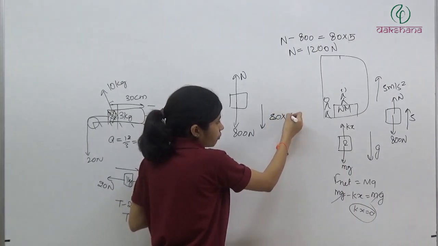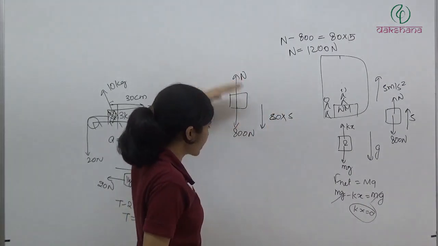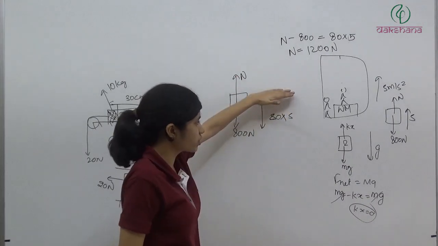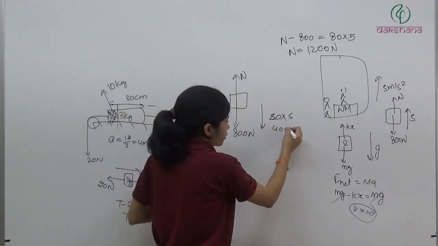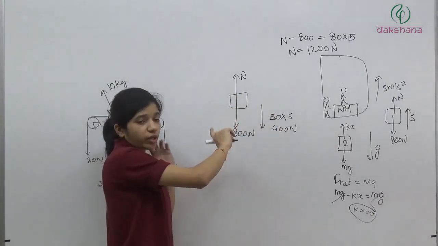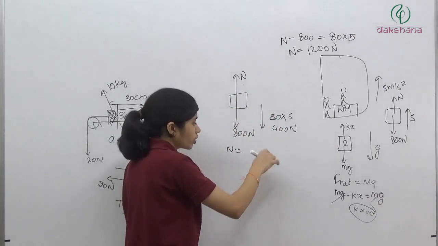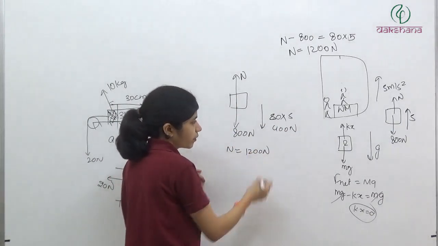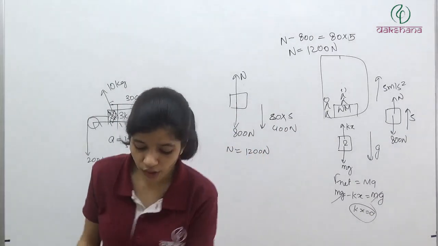80 into 5। तो यहाँ से क्या आया, there is a force 800 Newton downward and another force 400 Newton downward, so total force, and now because with respect to me this is at equilibrium, so N will be equal to total downward force, that is 1200 Newton।